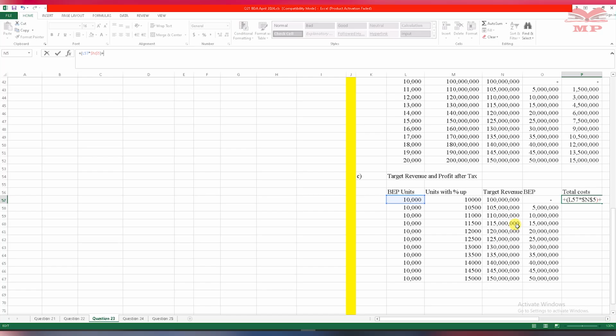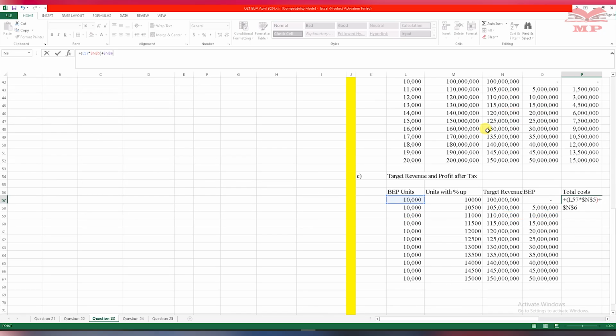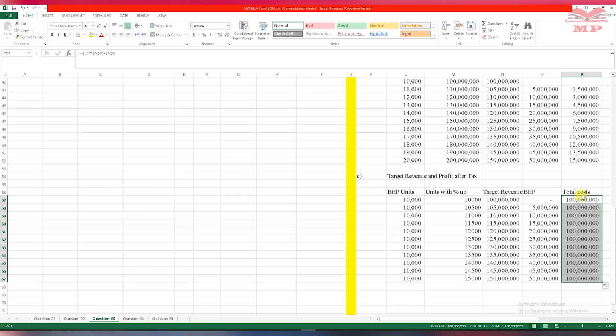Where the fixed costs are up over here in our original input data. And we lock that information like that. So F4 there, so we have that and we drag it down like that. Tail lock 10,000 units. Yeah, it's okay. So once we have that, then